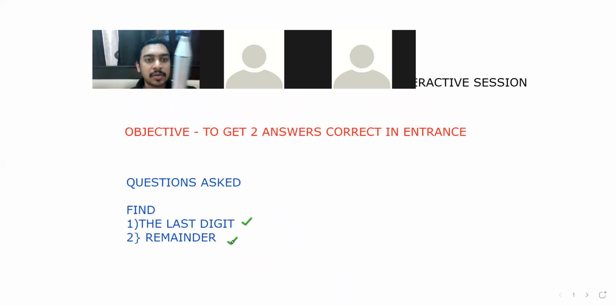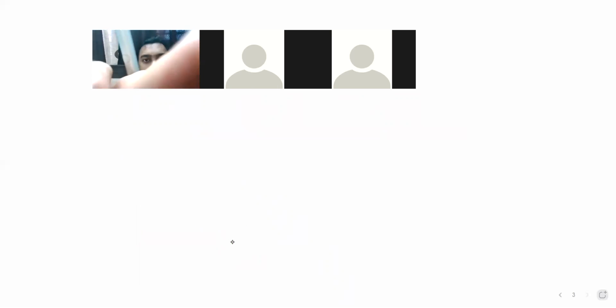Now let's come back to the thing. Okay, let's do one more question. You should be able to get it done. I'll explain one more time. Guys, kindly listen carefully. Find the last digit of 3 power 75. What is it? 3 power 75.